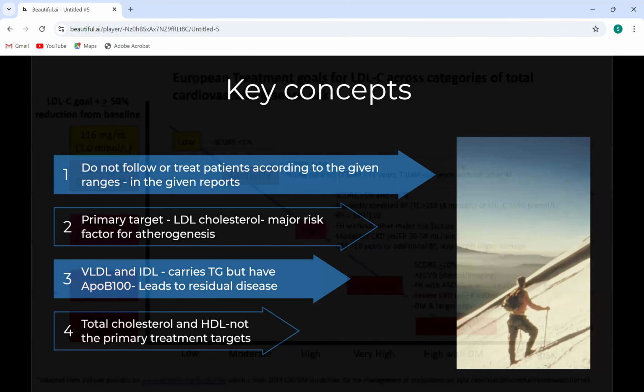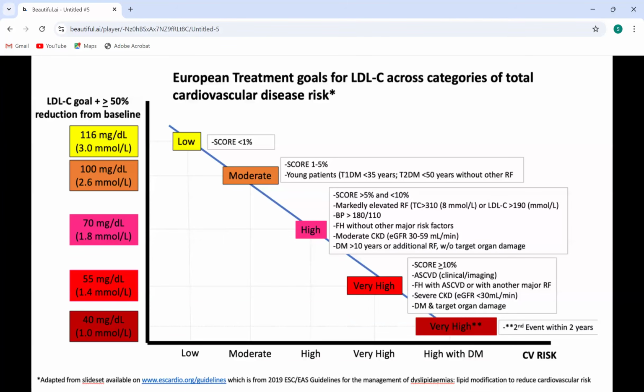I think this is a good diagram. Basically, it is from the ESC guidelines, showing the treatment target. If you know this, you can treat most of your patients or educate them in most cases. You categorize the patient's risk according to several categories. If the patients have not had any cardiovascular events, you have to use a risk score. There are different risk scores for calculating your 10-year cardiovascular risk. The score which the Europeans use